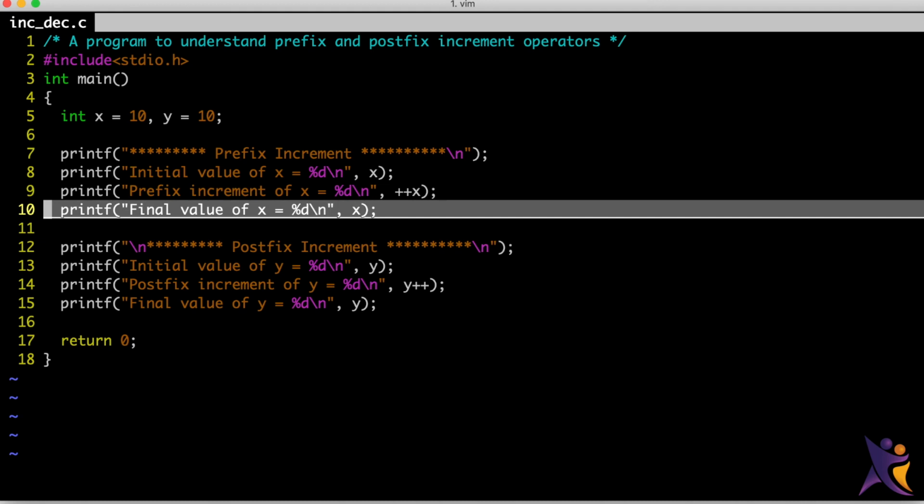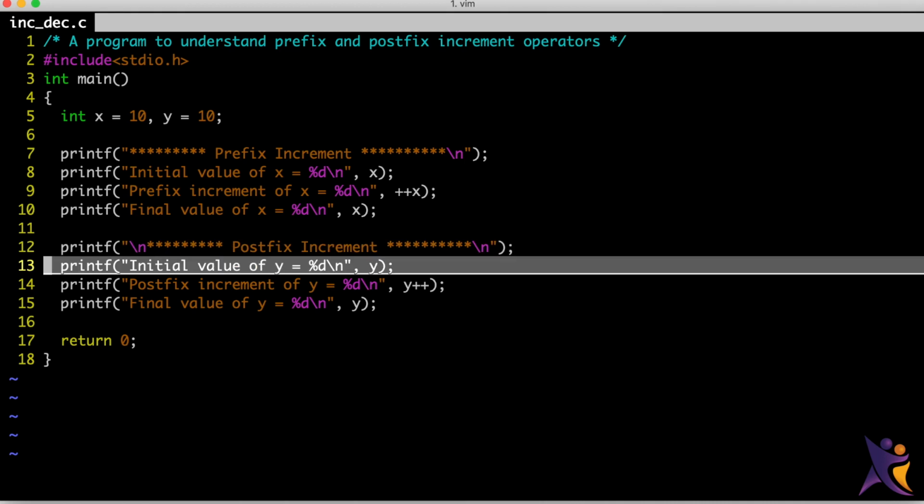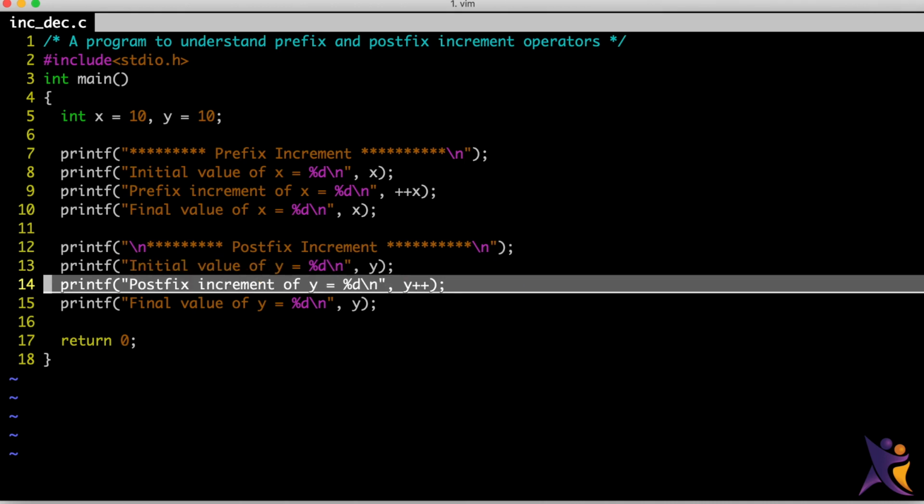Now let's look at postfix increment. In the postfix increment, we are printing the initial value of y. The initial value of y is the same as x, which is 10. So in line 14, we are using postfix increment, y plus plus. The property of y plus plus, which is postfix increment, is that it assigns the value first and then increments it.